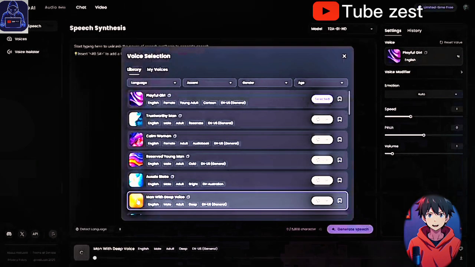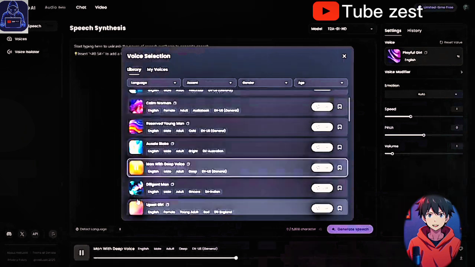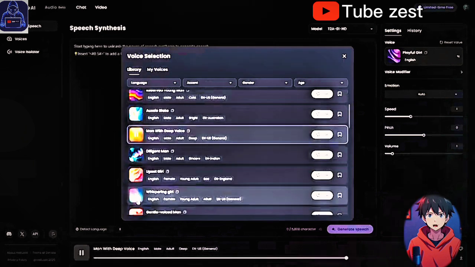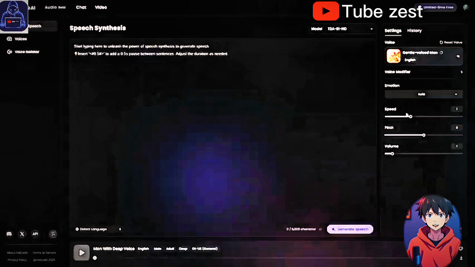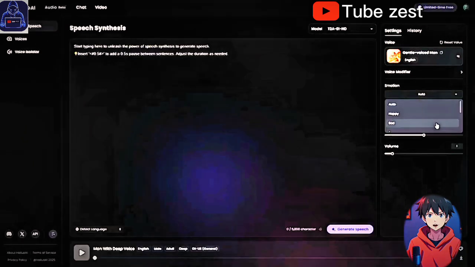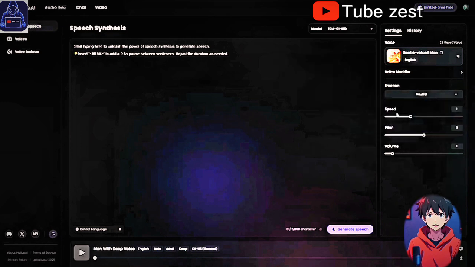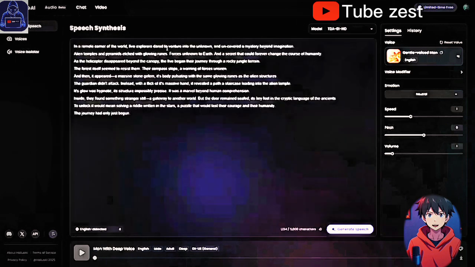Or click on use to select a voice. Now click on the emotion drop down to choose an emotion you want in your narration. You can then adjust the speed, pitch, and volume to match your preference. Then enter your text for the narration and click the generate speech button. Once the audio is ready,